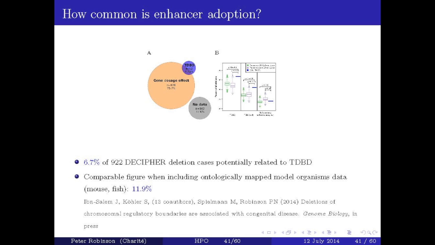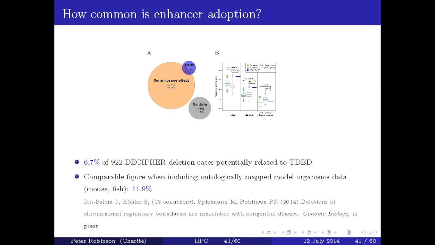I'm not going to show you the detail, but we also are able to map mouse and fish data to human data, and that gets us just more genes. So for instance, there are about 5,000 genes with mouse knockouts that have phenotypes for which no human Mendelian disease is known. So we can explain more things, and then up to about 12% of all CMVs can be explained